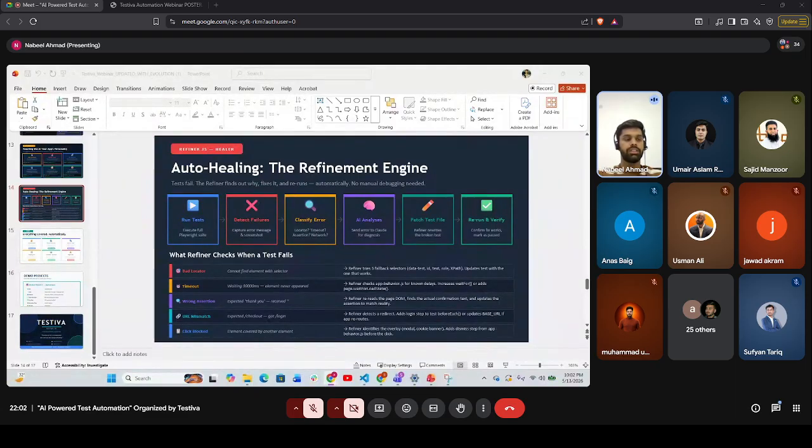So this is one case, and the other is if we are stuck with the same thing for the agent, like it is not refining or not changing. So we have to add more files like the app behavior that I have discussed and emphasize that.